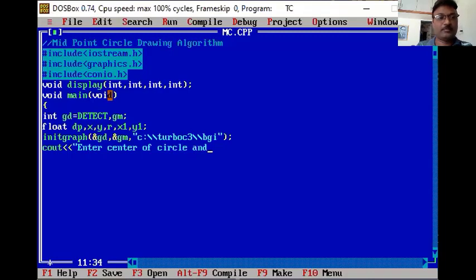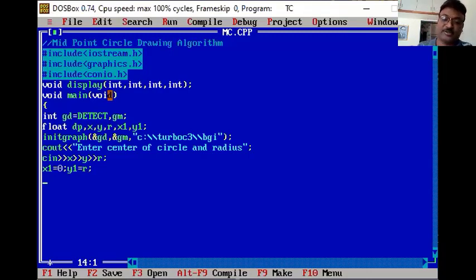And radius. C in, that is the X and Y is the center of the circle, and R is the radius that you have to read it. Now I have initialized the X1 value equal to 0 and Y1 value equal to R, because I have to start somewhere in my circle drawing. So this is my X1 and Y1 value.